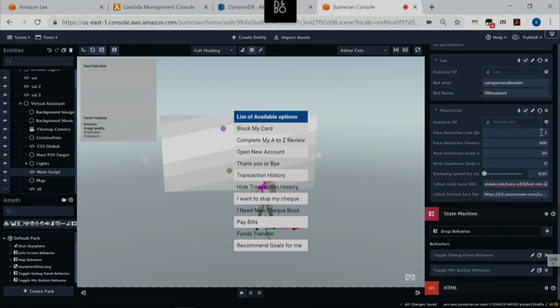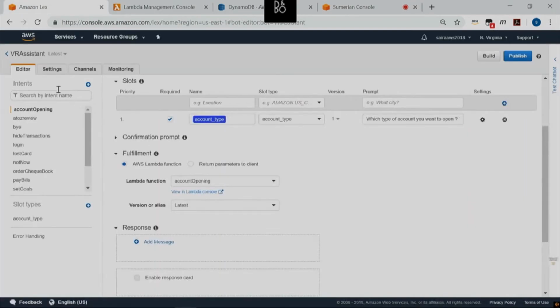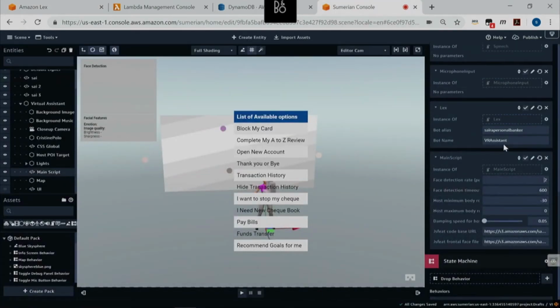And this is the rate at which the face detection should happen, and the host, for example you are moving your face and how much the host should rotate. And this is the integration with Lex. I showed you this Lex part, right? So this is the Lex bot name and the alias. This is the configuration for that.